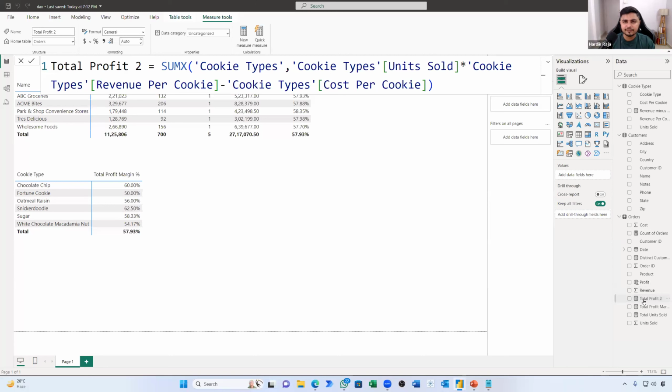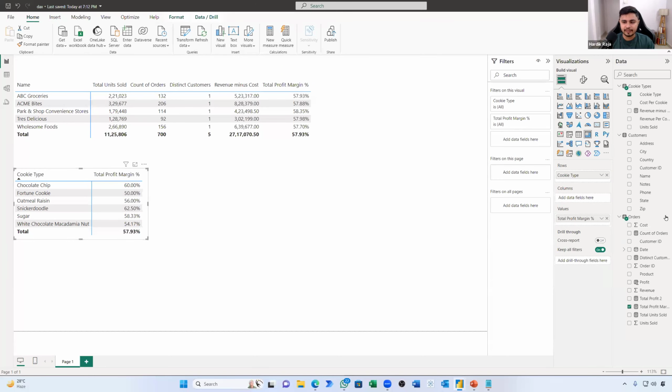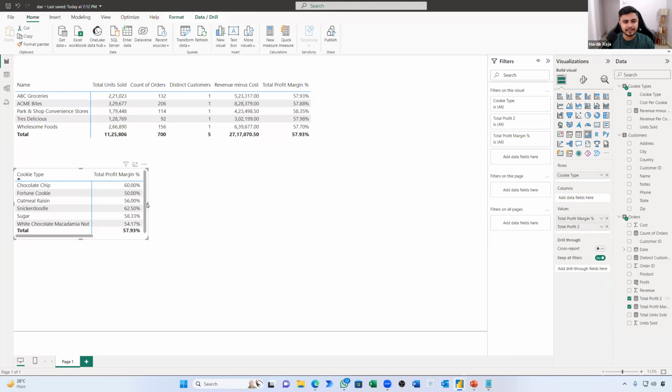So I've got total profit 2. I have one matrix created already. I'm going to drag it here. Total profit, I'm going to drag it here, and let me expand the thing here. Now here we have done something wrong. Hardik, how did you come to know by seeing it here only? Because guys, see this. This is the total profit I have for 5 cookies. Now, if my 5 cookies total profit is 46 lakh 90,000, so how come the 5 customers are only giving me profit of 27 lakhs?